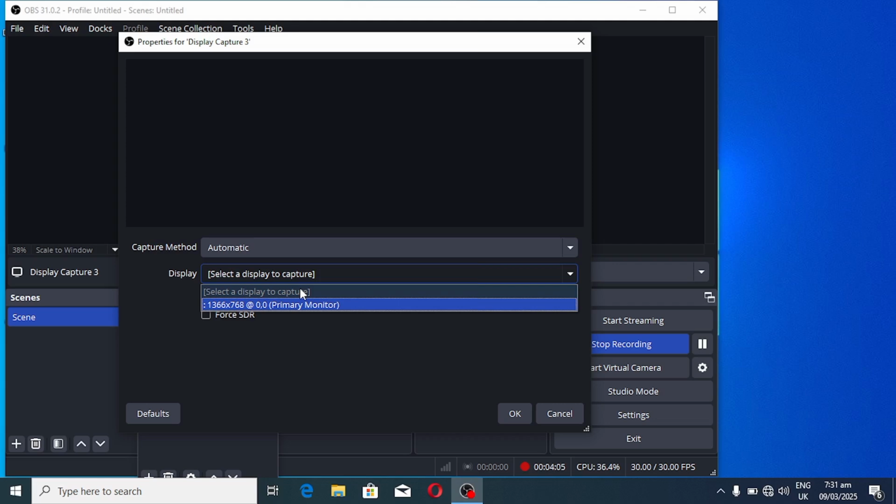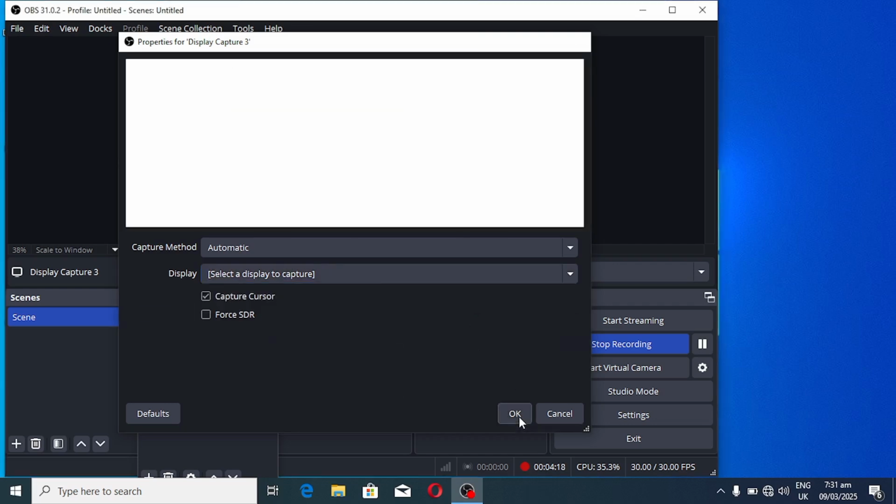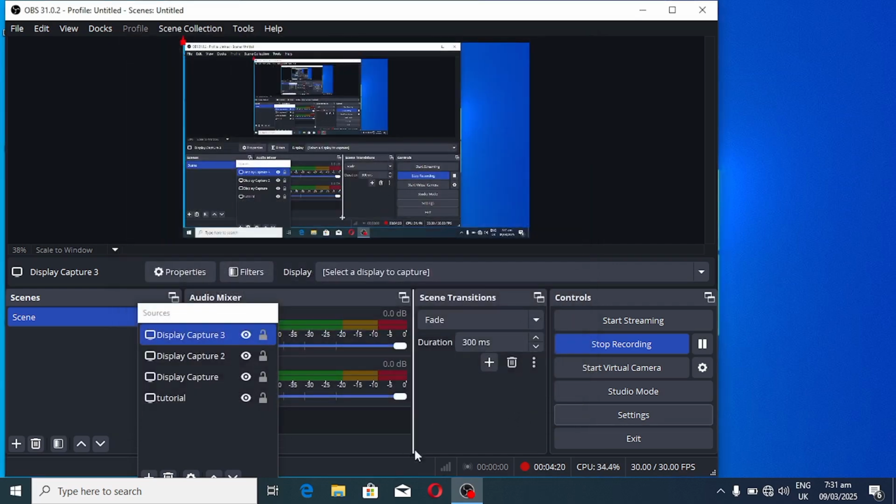After that, the next thing you're going to do is press OK. After pressing OK, you are good to go. Everything is there. It says Start Recording. So if you start recording,